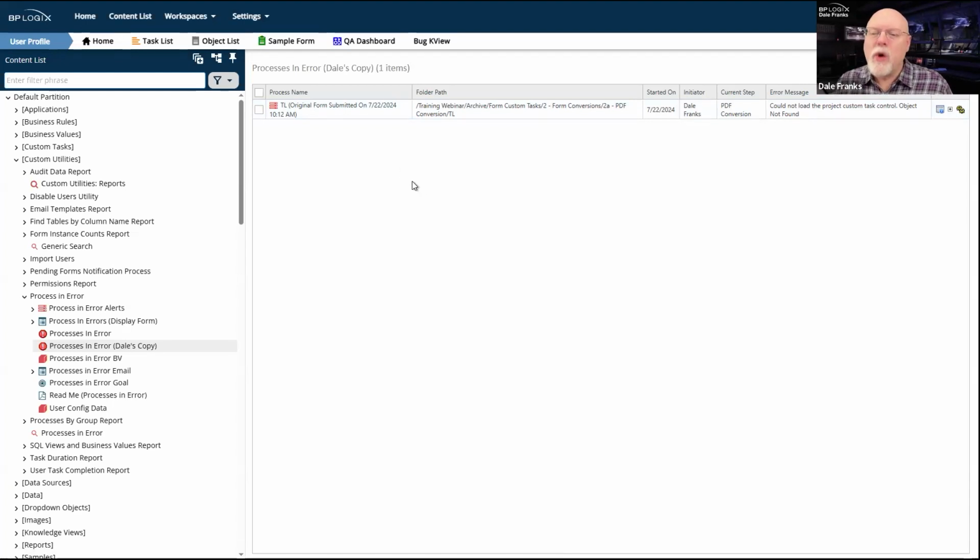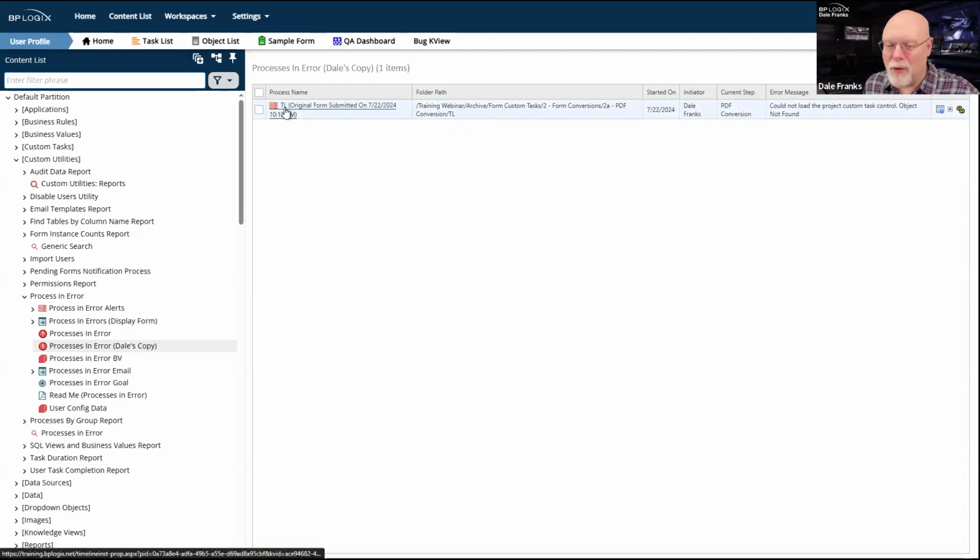This is really helpful if you are a manager of a process director system. So you really do need a processes in error knowledge view. I like having the folder path. And in my case, I have things that are buried pretty deep in folders because of the way that I organize. So I really do need to be able to find the folder path so I can go back and find that original object, whose name, by the way, I might know.